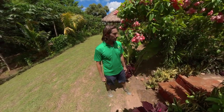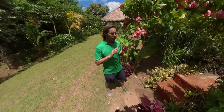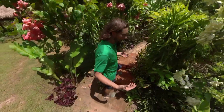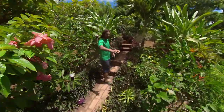And so I was like, man, this is such a cool setup. We kept planting things around and I'm like, let's put bricks, but let's not use any cement. Let's keep it super rustic. And so what you're going to see is what we created. These are the bricks that we've put in to create this pathway. We've lined it